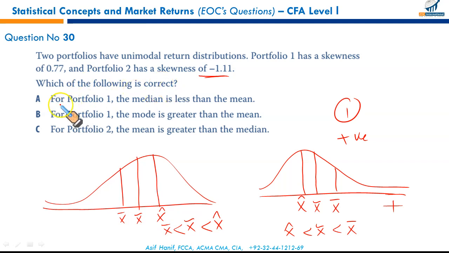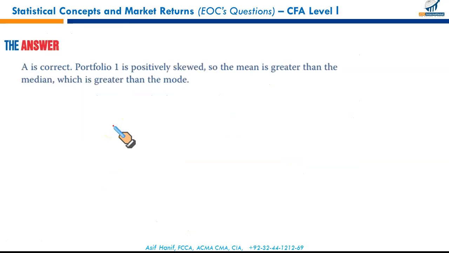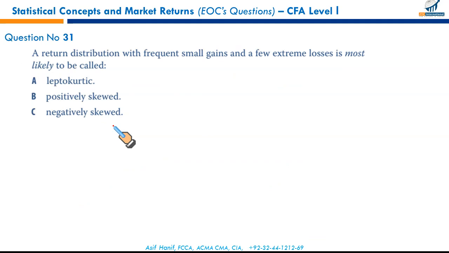Which of the following is correct? For portfolio 1, the median is less than the mean. Absolutely correct. Look no further and you got the right result. A. Next. A return distribution with frequent small gains,